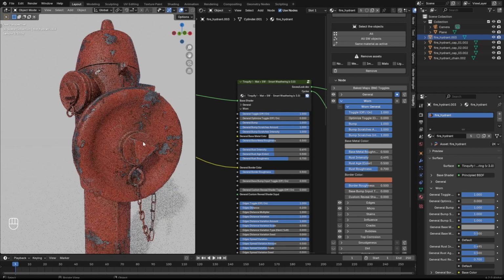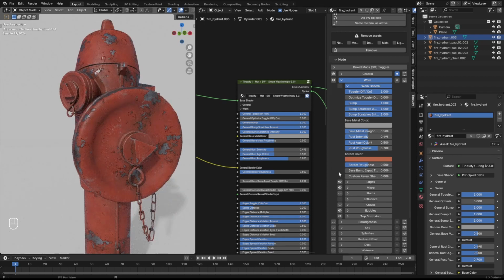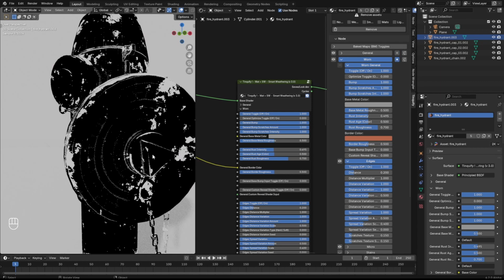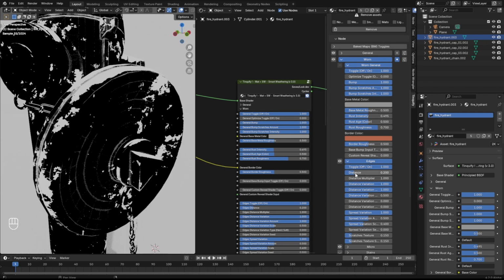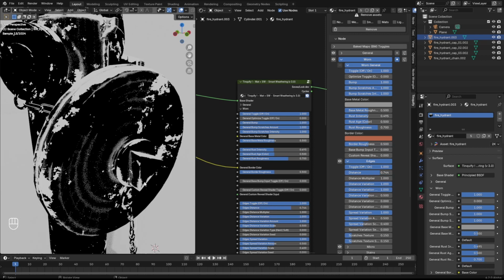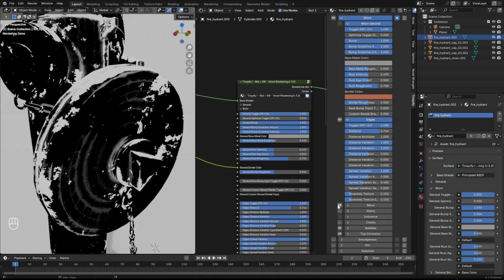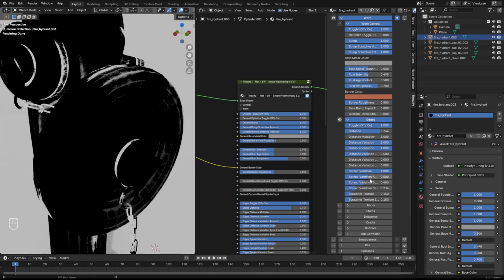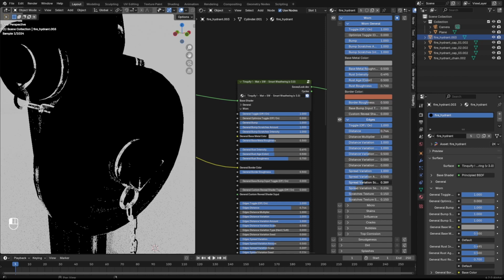Now another factor that I will add is some more noticeable effect on the edges, and in this case I will use the mask to show me how this effect is doing. I will adjust the distance and I can see that it will be changing the worn effect on the edges. If I want to concentrate on that effect, I can toggle the other sub effects off and I can start playing with it. For instance, I can change the spread variation seed and the spread variation scale to make it